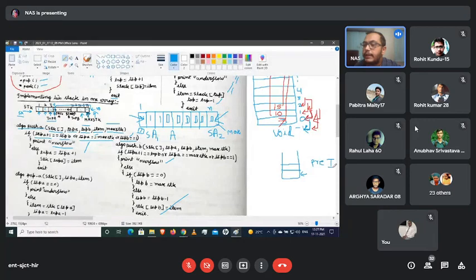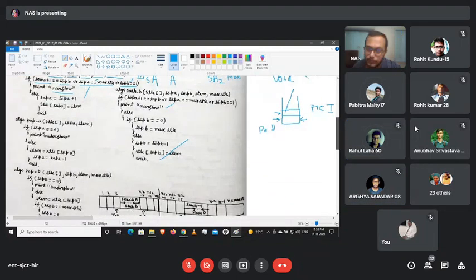But whenever we are deleting any data from here, first the data is getting deleted and then the pointer is getting decreased. So that's why here post decrement is occurring. First the data is getting deleted, then the pointer is coming down, and whenever we are doing increment, first the pointer is getting incremented and then on that particular position the data is getting pushed. Clear about these two push operations? Yes sir. Now we are coming to the pop operation.